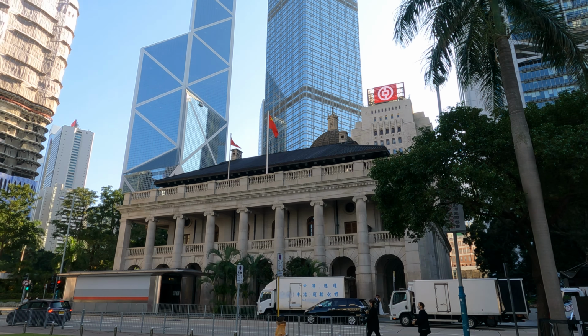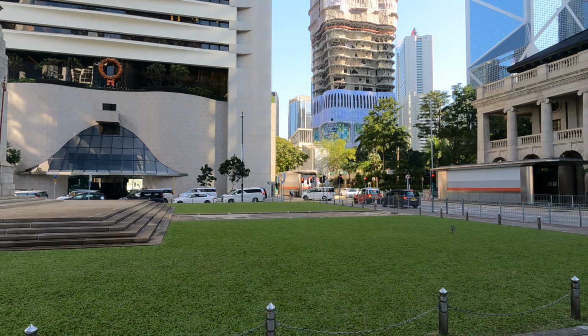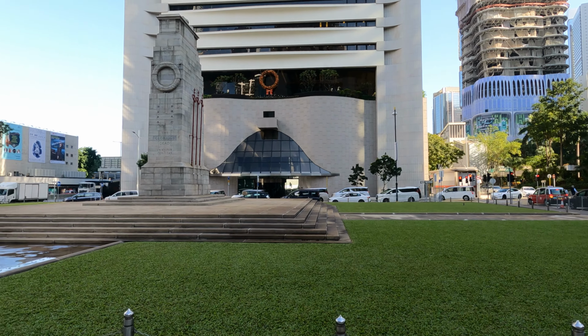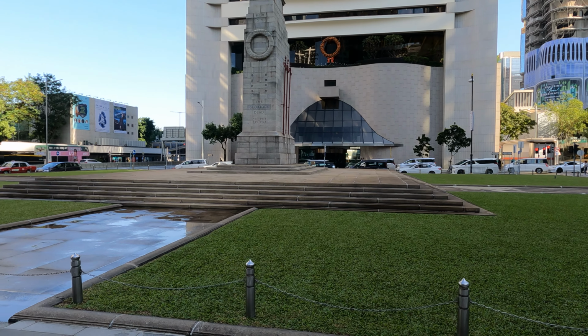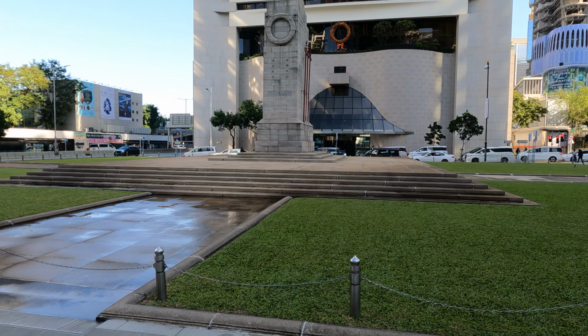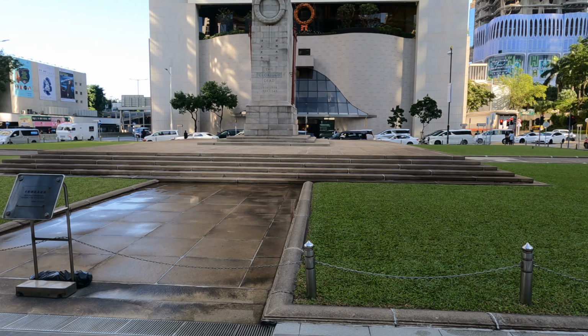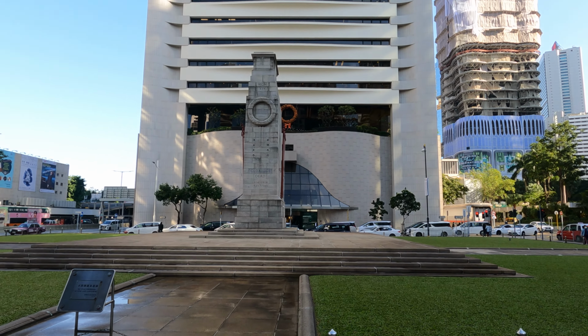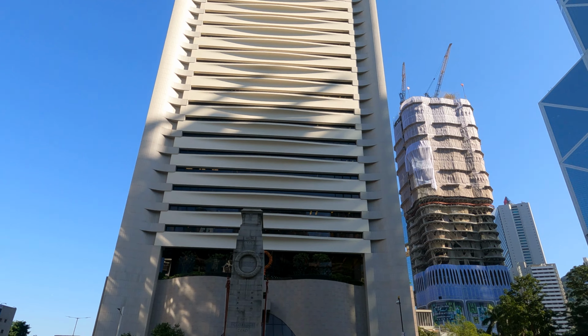on the left there is the flag of Hong Kong, and on the right is the flag of China. Then here, I don't know what this is, but it's a statue of the glorious dead from 1914 to 1918, from 1939 till 1945. So I'm guessing these are the world wars. And I look at this beautiful building. It's pretty beautiful, but that's not even the highest, guys, because now we are going to go to one of